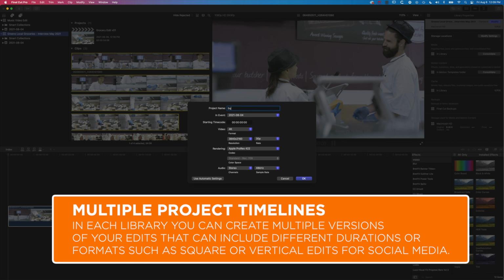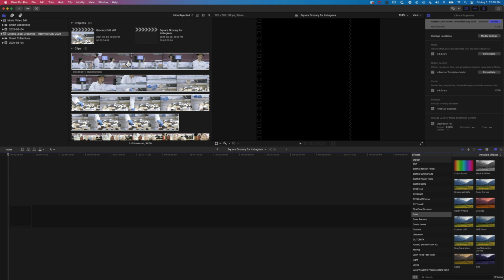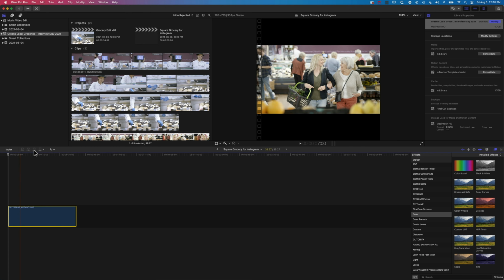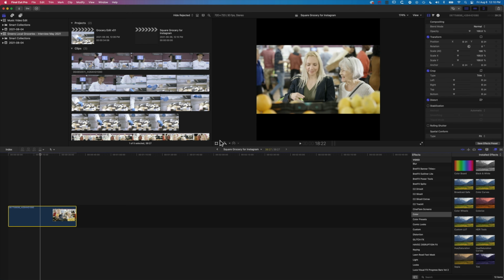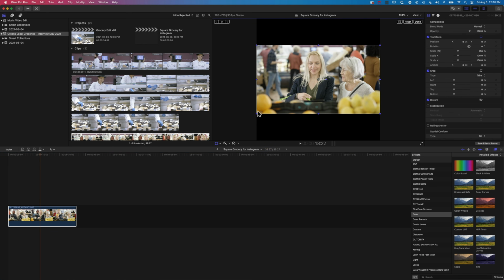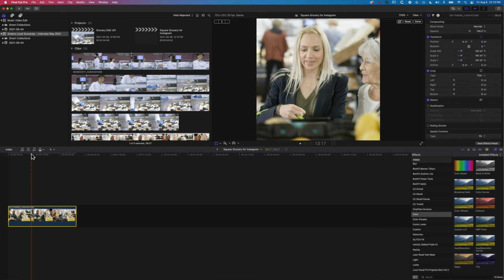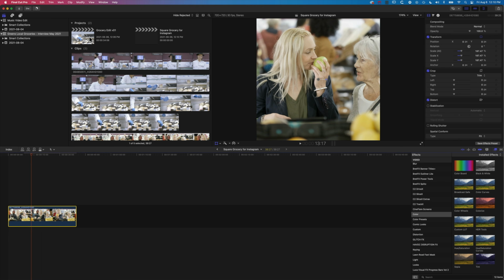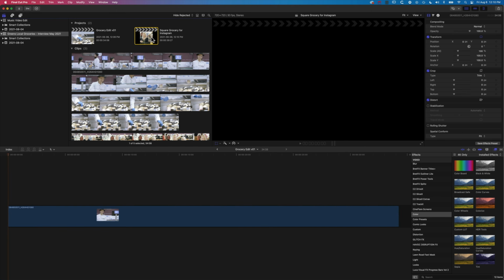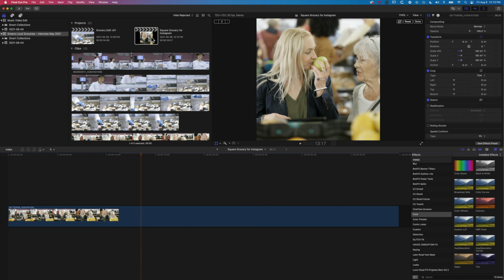We'll call this Square Grocery for Instagram. And you can see here we can set up our square edit, click OK, and now we have two edit timelines. We'll just quickly drop a clip down here. You can see we have our square video set up there, and we can get our clip to fill that space. So again, two project timelines in here in our library, but one library containing all that footage and all